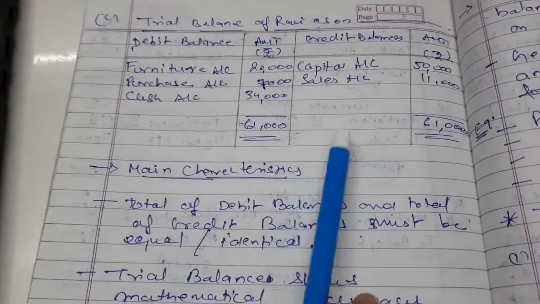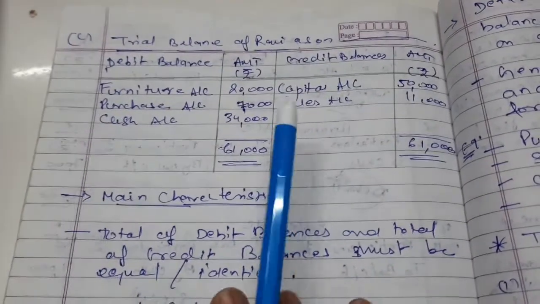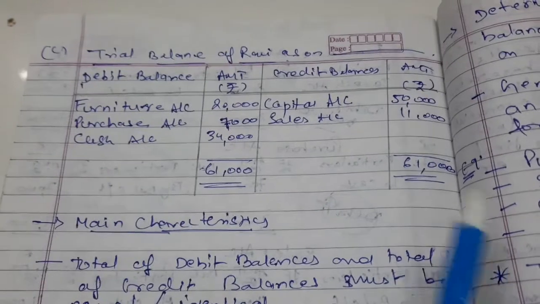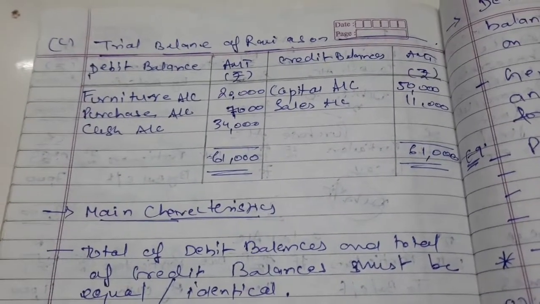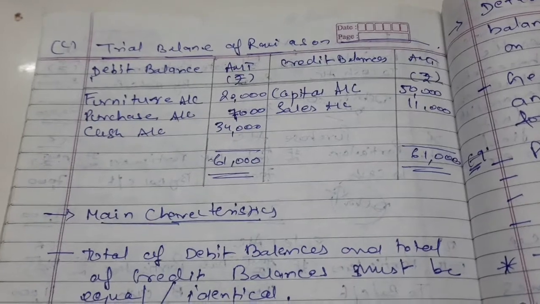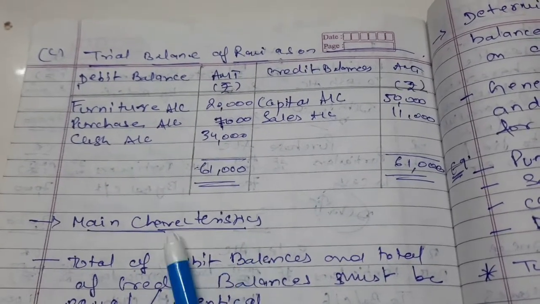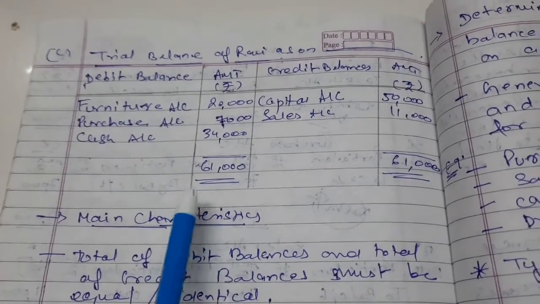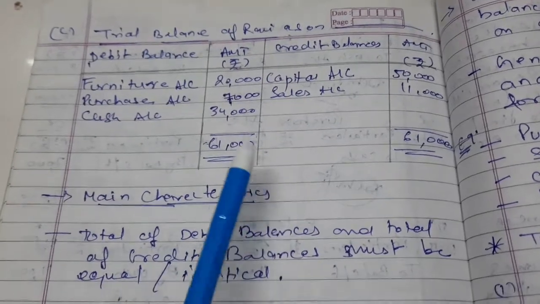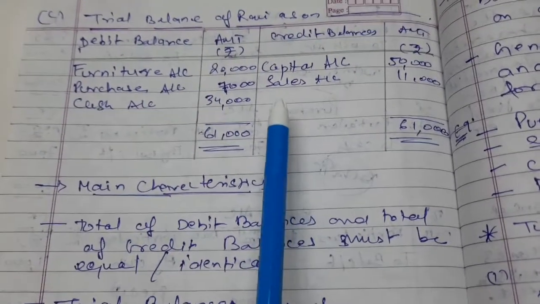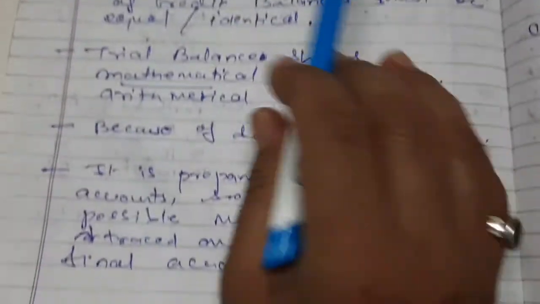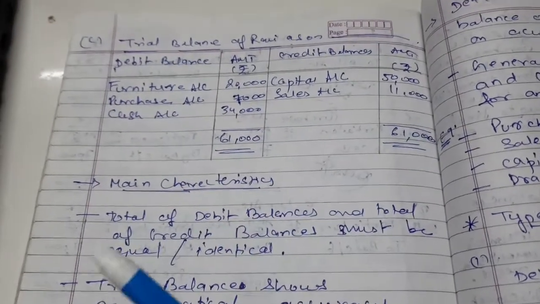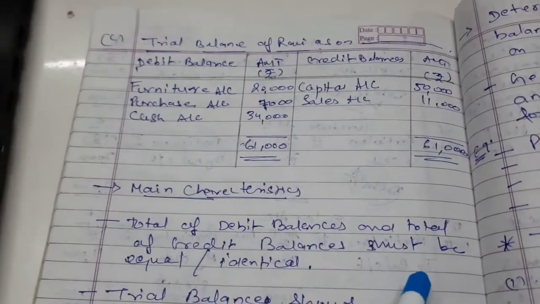And this is also the main reason why it is needed to be prepared before we prepare our annual accounts or final accounts. Because as you know, we prepare annual accounts for decision making, and getting a true and fair view is very important for any decision making. We prepare this trial balance before the final account, so that we can trace the possible mistakes that we have made in ledger posting, and we can rectify such mistakes before we move on to our final accounts.